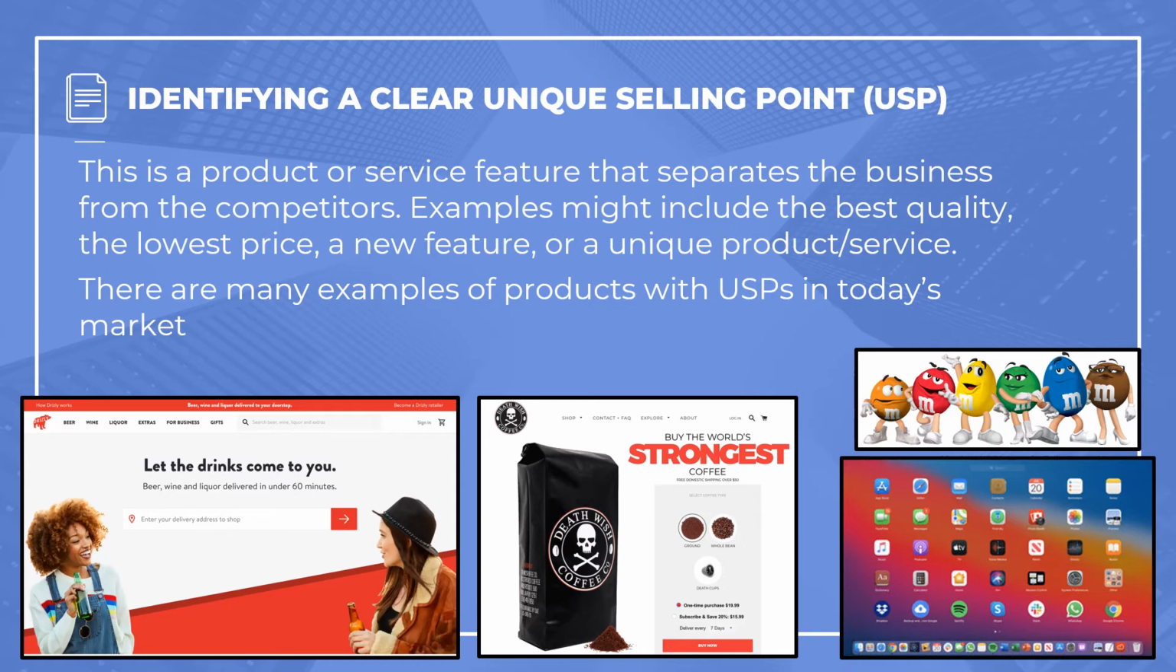So when it comes to identifying a clear, unique selling point, it means what is it that makes your product different than everybody else's? What makes it better in some way? So the best examples are when you are saying that yours is the best quality, the lowest price, or it has some sort of new feature that nobody else has got, or a unique product or service that nobody else